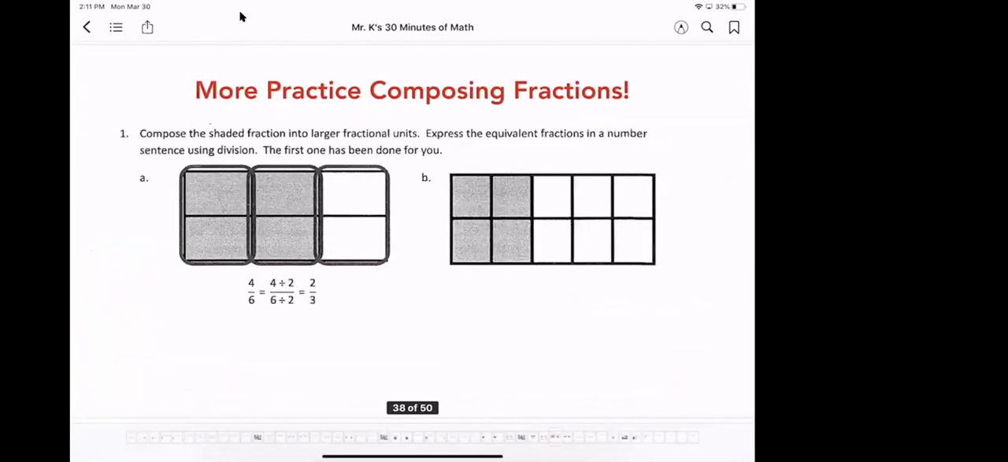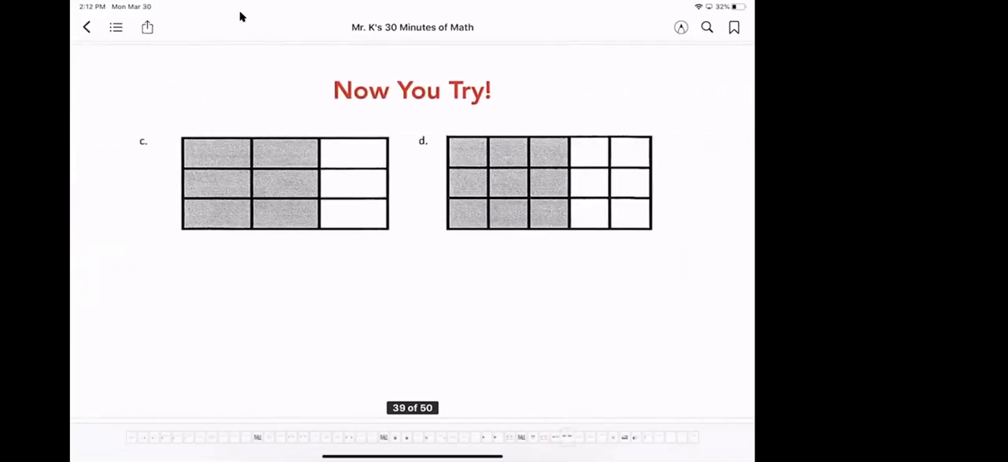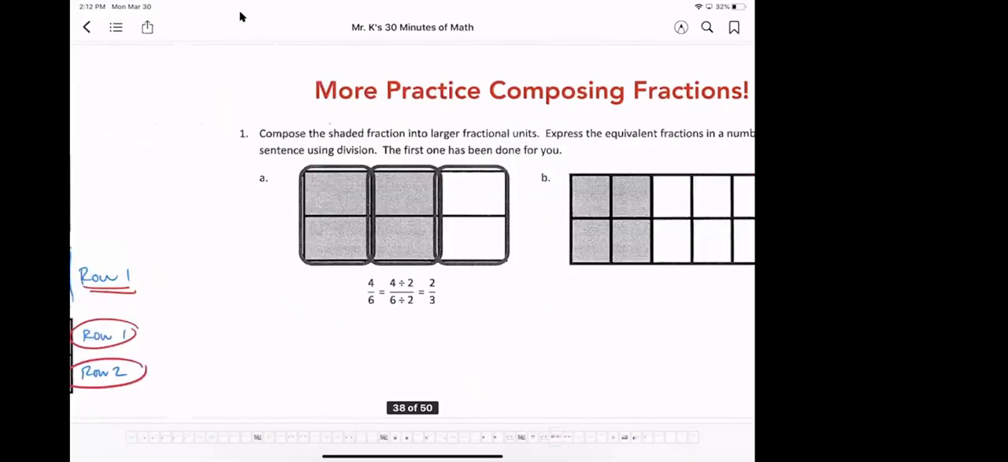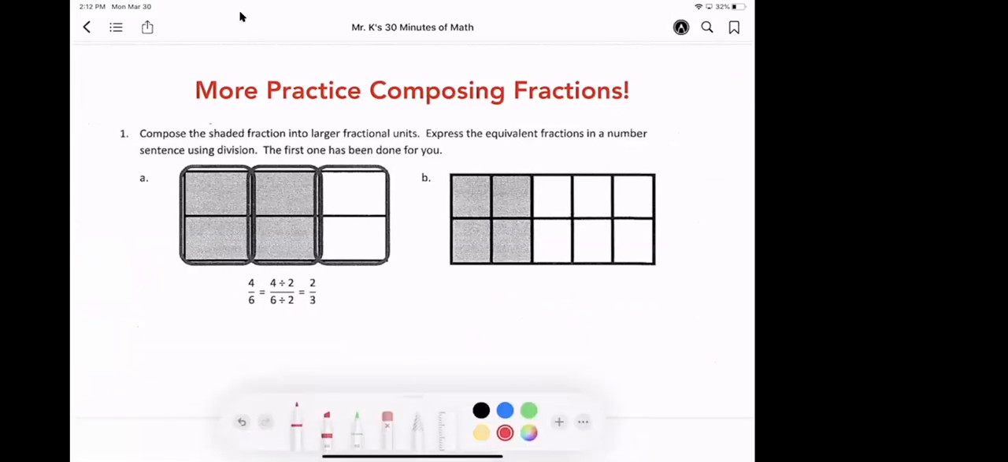Here, similar work, but now a little bit more is shaded. So here's what I'm going to actually have you do. I'm going to have you try C and D on your own right now. Again, the goal is to compose these into larger fractional units,